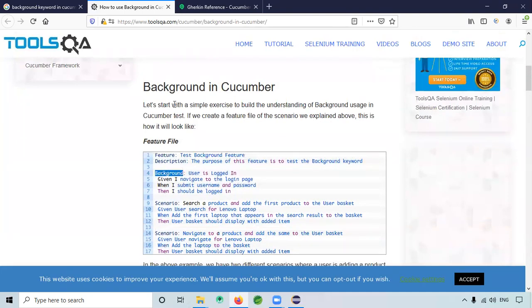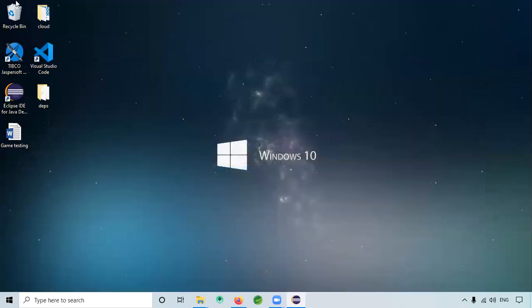They will ask you what a background means. When we have common steps, then we put a background. Give this example: for the login, we usually put it as a background. That is one thing. And one more thing is,